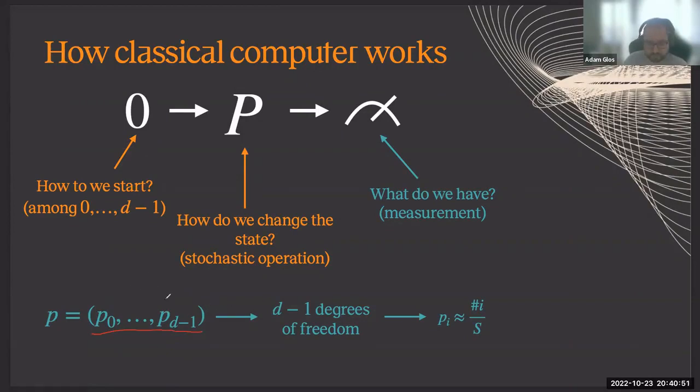And any such d-element vector has d-1 degrees of freedom. Why only d-1? Because if you specify the first d-1 elements of this vector, then it must hold that the sum of these probabilities must equal 1. This means that the very last